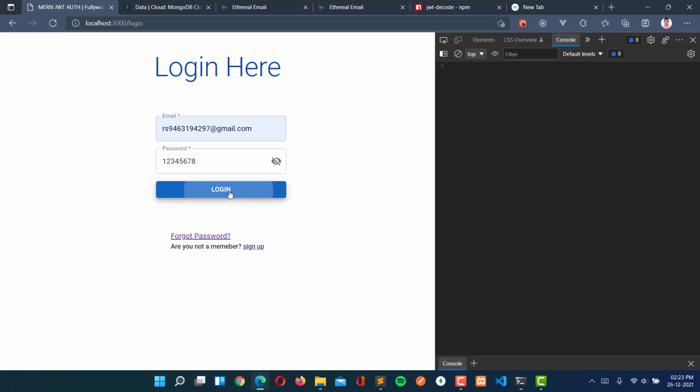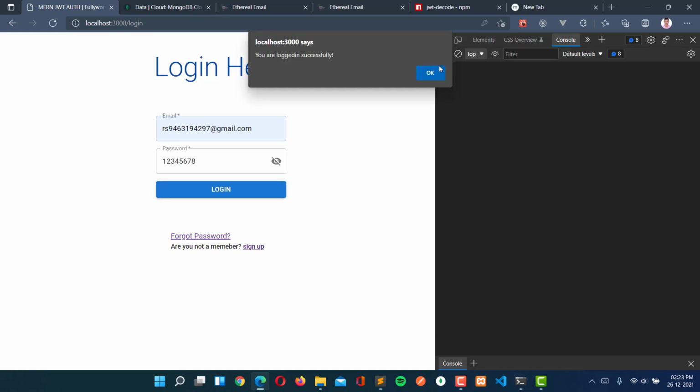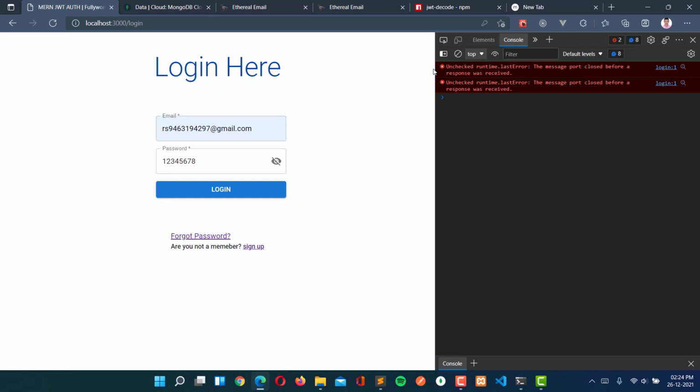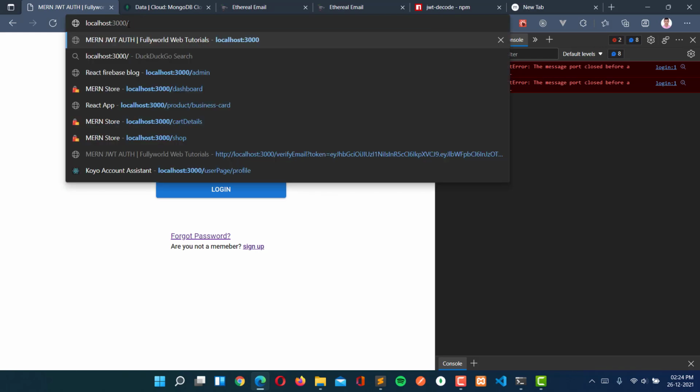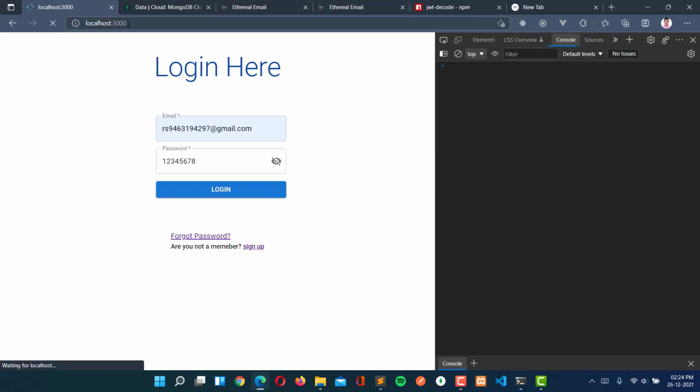First of all, let's just log in the user, and you are logged in successfully, and here we don't have any console logs. Now when I move to localhost 3000, we are not getting anything. See that our token is also present here.